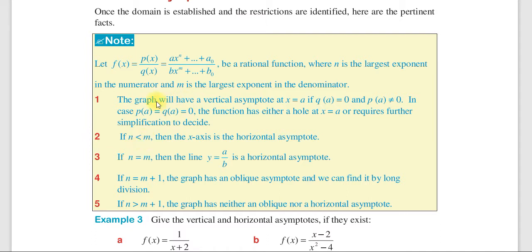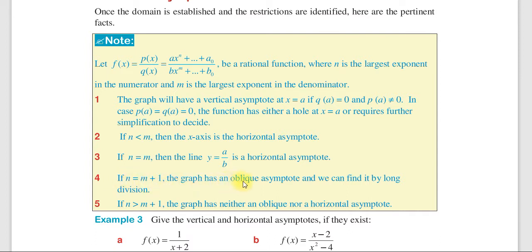ሁለተኛው ደግሞ if n less than m፣ n ማለት እንግዲህ የኑሜሬተሩ largest exponent ከዲኖሚኔተሩ largest exponent ካነሰ then x axis is the horizontal asymptote። x axis አችን horizontal asymptote ይሆናል። ሶስተኛ if n which is equal to m then the line y which is equal to a over b፣ እንግዲህ ሊዲንግ ኮኤፊሺየንቶች ናቸው፣ horizontal asymptote ይሆናሉ ማለት ነው፣ ሁለቱ ፓወሮች እኩል ከሆኑ ወይም ኤክስፖኔንቶቹ እኩል ከሆኑ ማለት ነው።